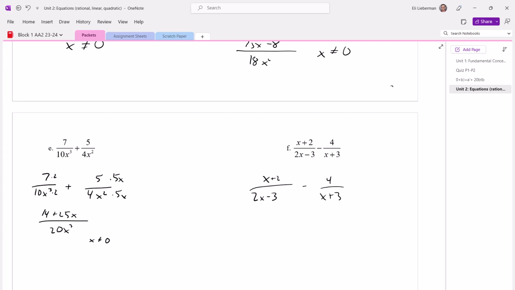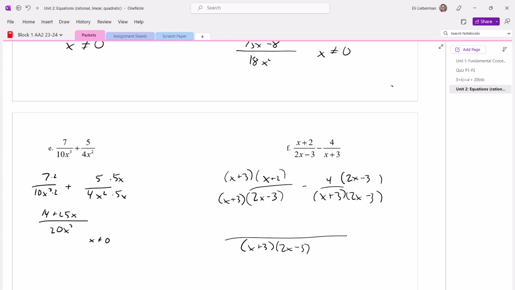Okay, the first fraction, what are we going to do to it? Are we going to multiply by x plus 3 over x plus 3? Does that make sense? Yeah, in factored form, it's broken down as much as possible, so you just use the entire factor. Bottom, x plus 3 times 2x minus 3. Top,